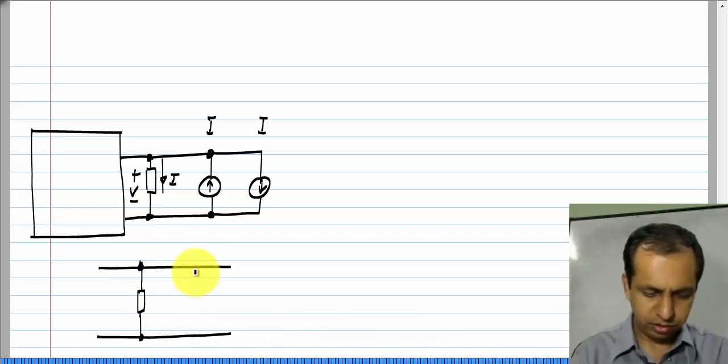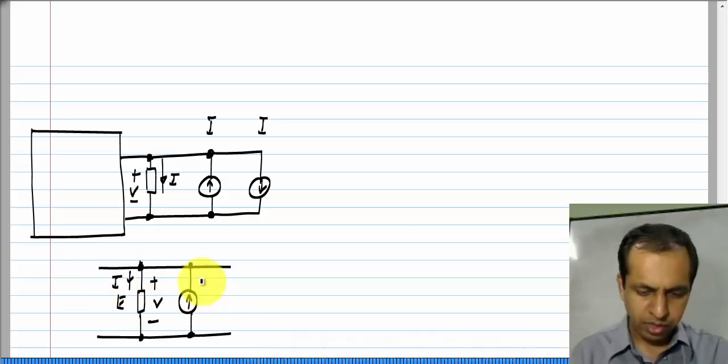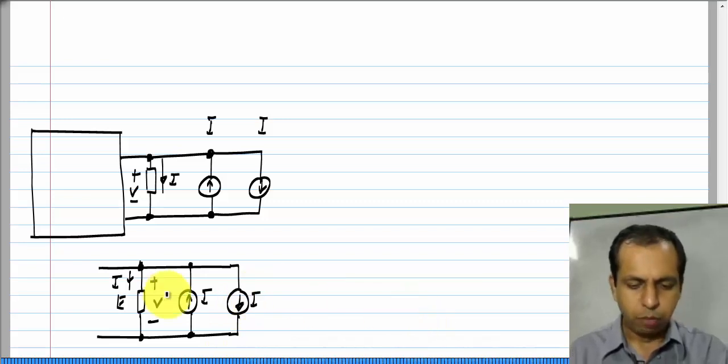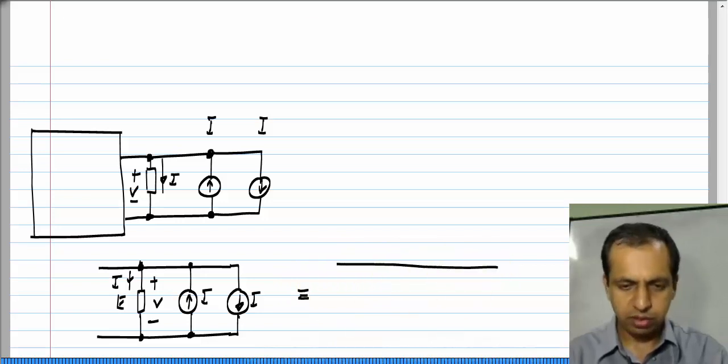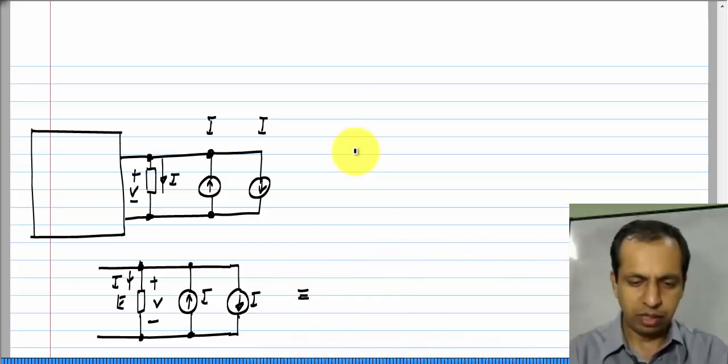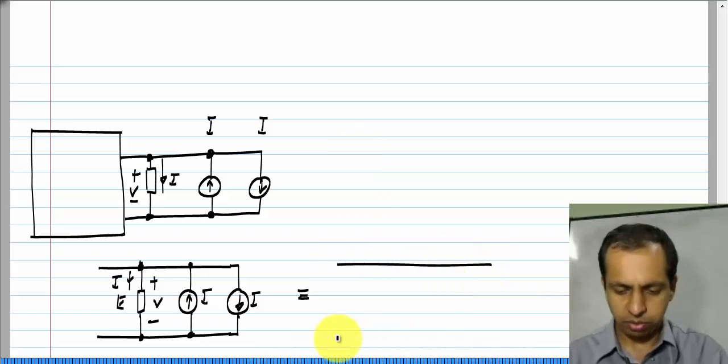I have this element E, let me call it. It has a voltage V and a current I through it, and I have this current source this way and a current source that way. Obviously, this is a parallel connection, and it does not matter the order in which I show the parallel elements, because this is exactly equivalent to